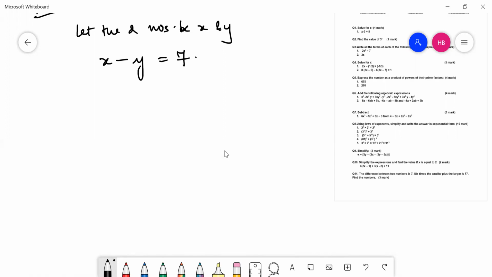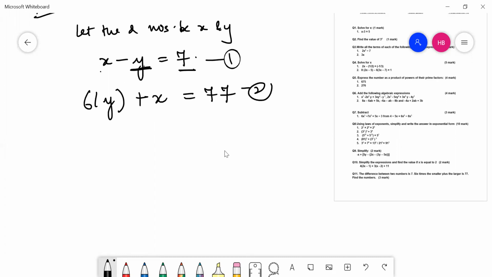6 times the smaller. So what is my smaller number here? I'm assuming y as my smaller number, right? Because if I subtract the smaller number from a bigger number, then only I get a positive number. So they are saying 6 times the smaller number plus the larger, what is my larger number? I've taken x, is 77. Okay, this is my first equation, this is my second equation, and what I have to find is x